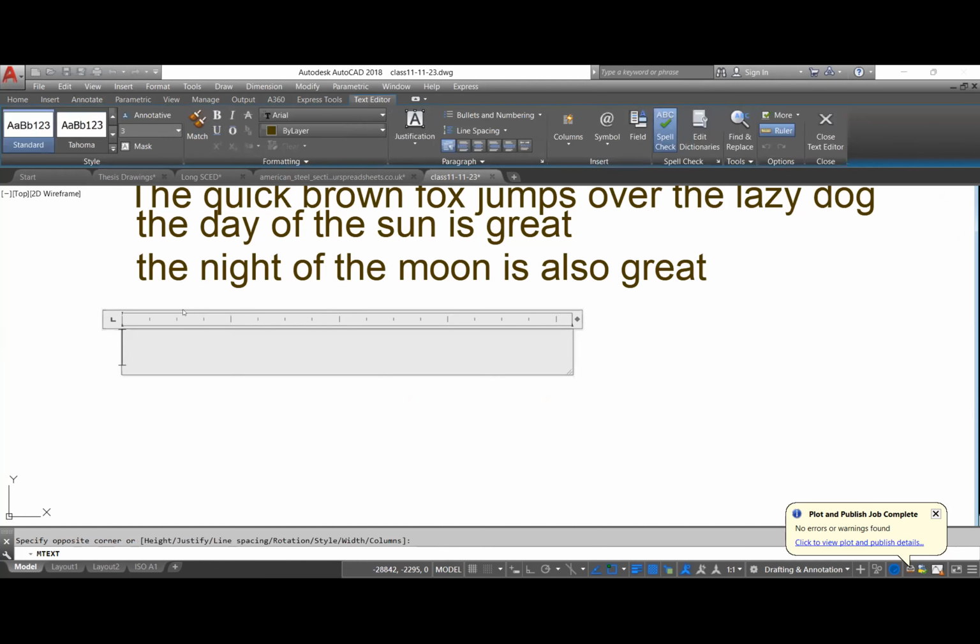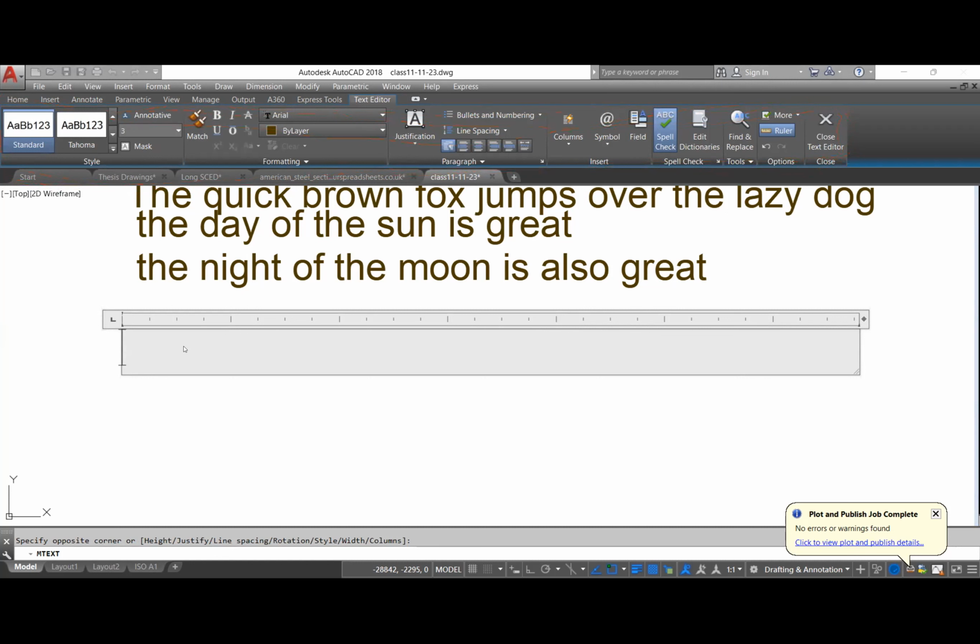It's like what I described earlier, a ruler kind of thing at the top, where you can reduce and increase the width of your window for the text. Here you'll see that the text editor ribbon appears, and this can be used to make changes or to help you come up with nicely done text. Okay, so going back, I can type